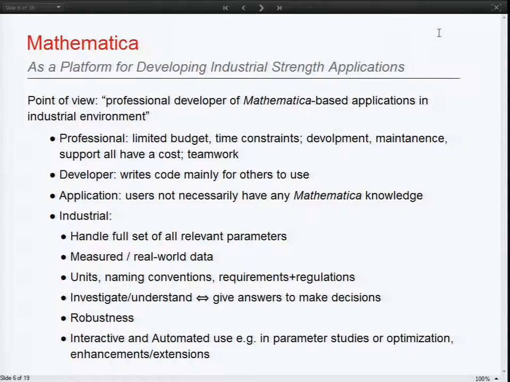So with Mathematica, you're usually very fast in developing, but you have to take care that that advantage is not eaten up by additional efforts for maintenance and support later on. Those are things that probably are different when you write your code for your own research work. Then it's great. You got your result, you publish your result, and the topic is finished. But if you deliver code to others, then you have to maintain it, you have to fix bugs,